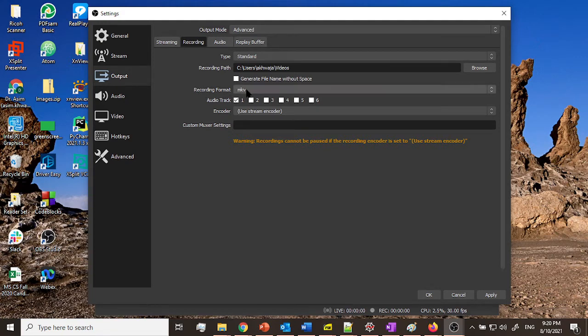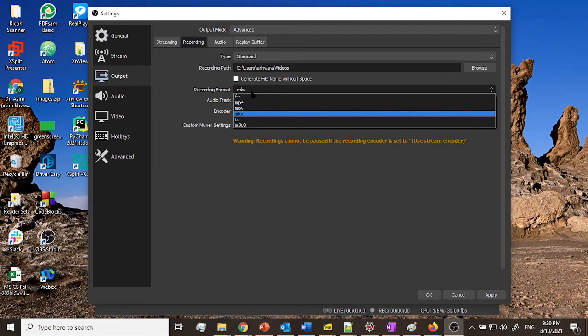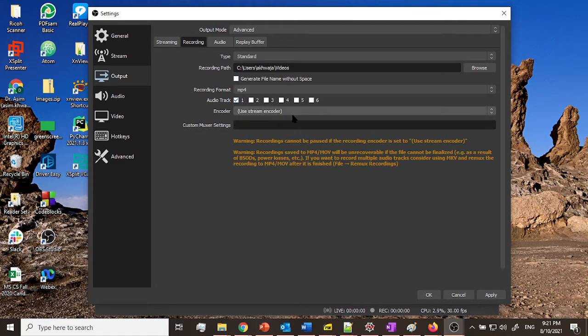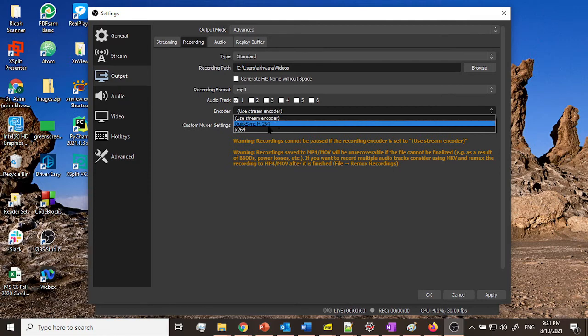Next, recording format by default is selected as MKV, a native format for OBS, but we are interested in changing it to MP4. So click on that and select MP4. Finally, encoder. It shows the current value as use stream encoder. Click on it and select quick sync